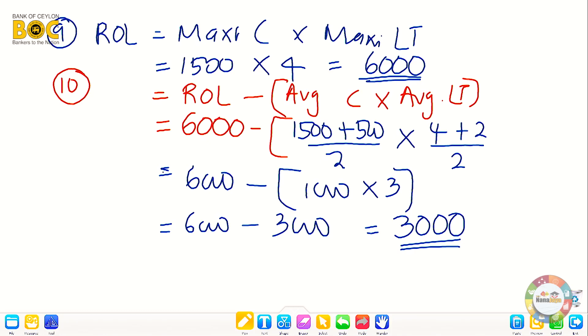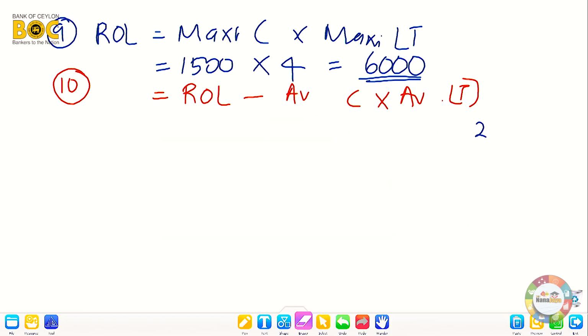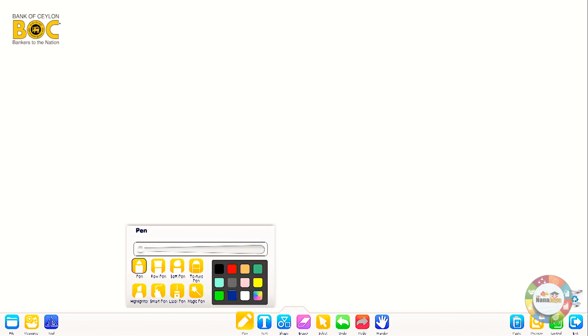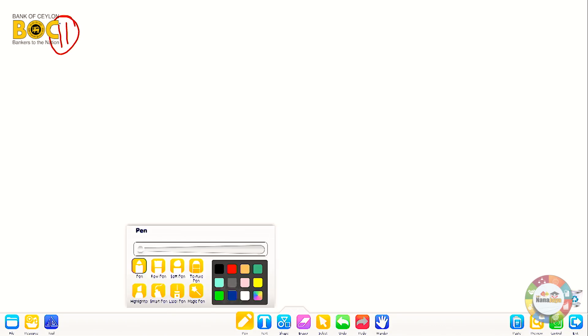Now, question number 11: what is the maximum stock level? The maximum stock level equals